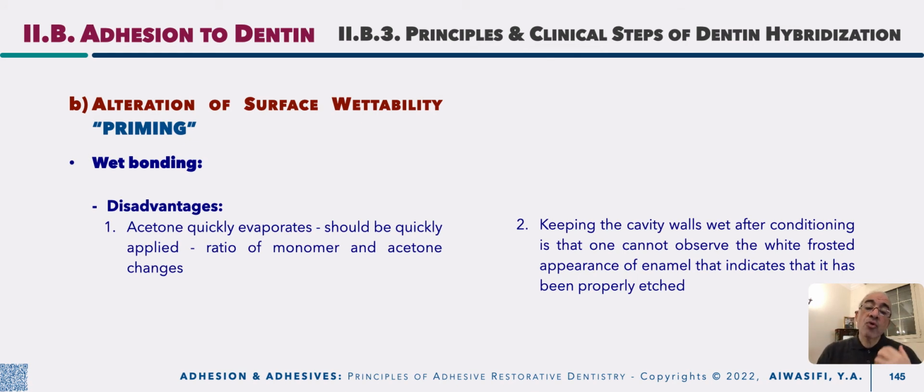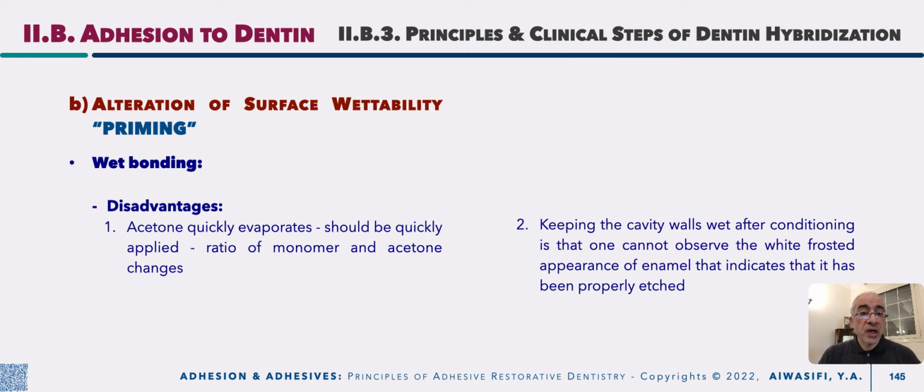It may be, or it surely will be, evaporated before complete wetting or complete priming of the exposed collagen and allowing its expansion. That's why when using acetone or ethanol based primer, you should apply it in multi-coats, not only